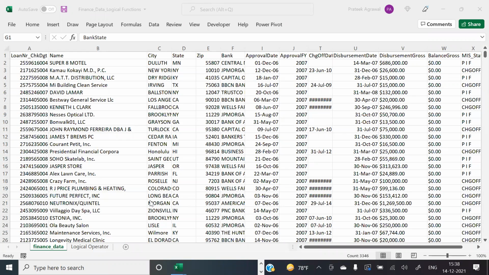Imran, correct. How come somebody is in E column, somebody is in W column, somebody is in C column? No, I have copied only the required fields and pasted in a new sheet. Okay, don't do that next time. Ideally, we will be working on the data set, right? So don't move it around so much. That's why somebody has an A, somebody is in C. How is that possible?